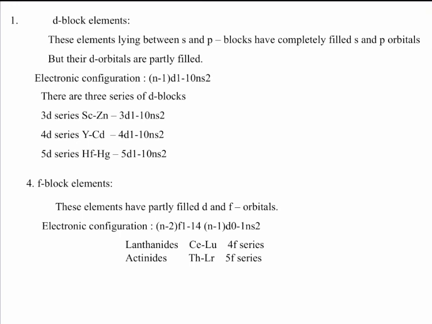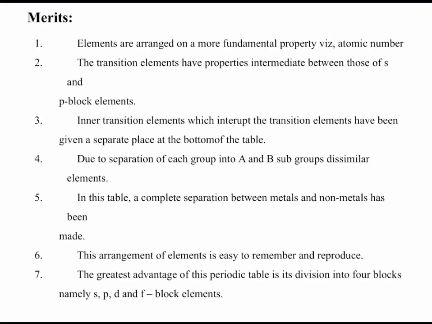So what are the merits of the periodic table? In this periodic table, the elements are arranged on a more fundamental property, that is, atomic number. So based on the atomic number, all the elements are arranged. The next point is the transition elements, which have properties intermediate between S and P block elements, and the inner transition elements, that is lanthanides and actinides, have been given in a separate place at the bottom of the table,